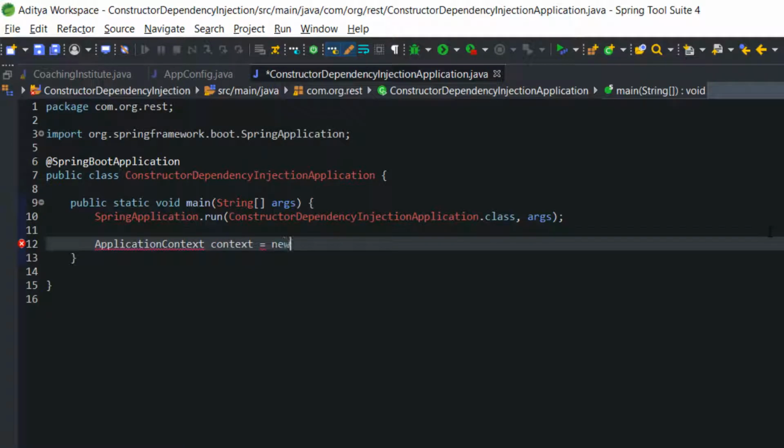So I am using annotation for configuration, right? So I'm going to call new AnnotationConfigApplicationContext, and here I'm going to mention the class which I've indicated as configuration file, app config.